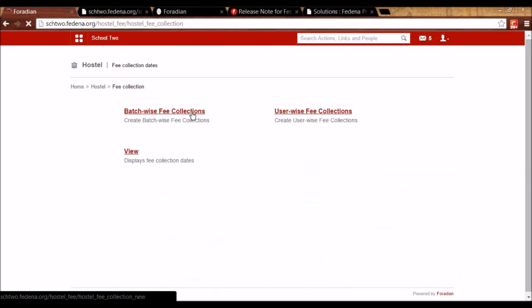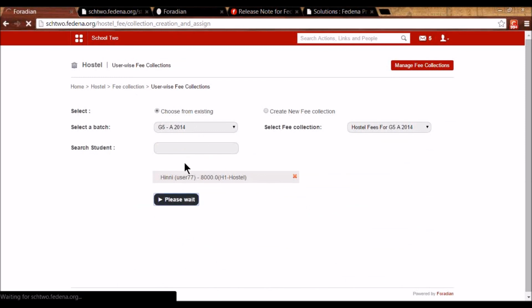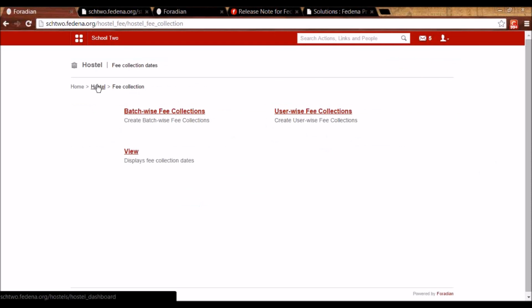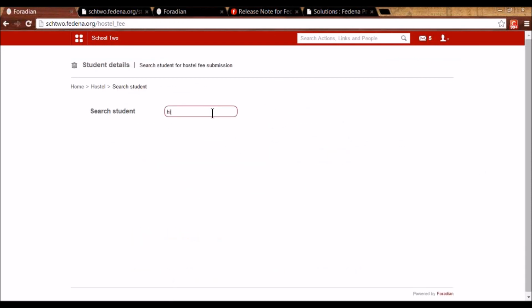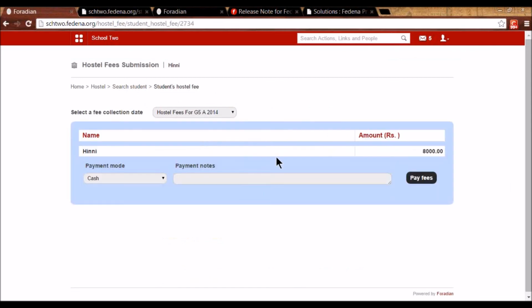So I'll go to user-wise fee collection, choose from this batch. So this is her batch, and I can search the student here like this, and I am assigning this existing fee collection to that student. And now I can take the hostel fee from that student. So for this student, I can collect the hostel fee amount.